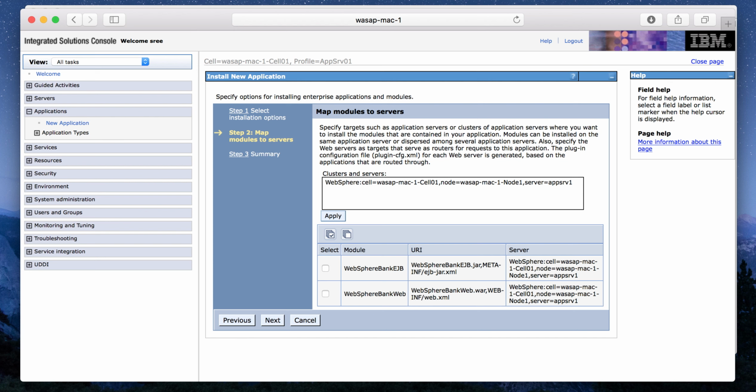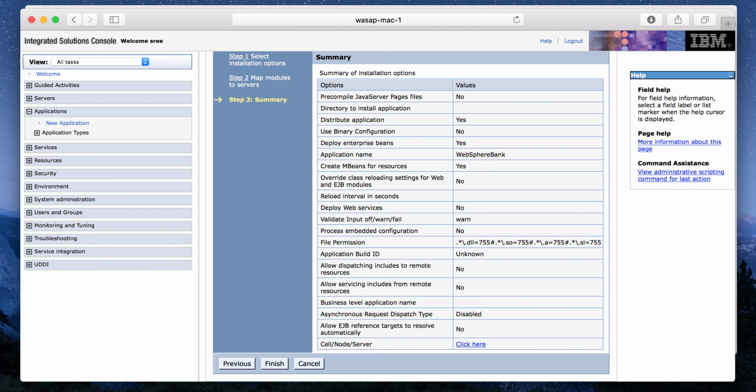This application server is already selected and I have not configured any web server at this moment. I will show you how to configure the web server in the next class. For now, just install the application on this application server. Since it is already selected, you don't need to select it again. So click on Next